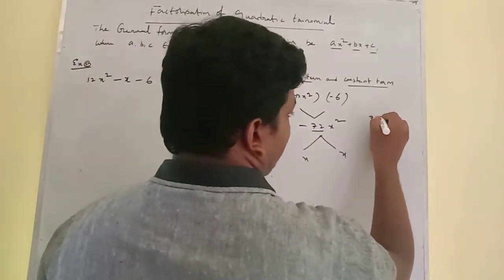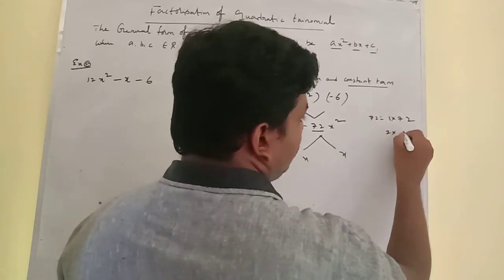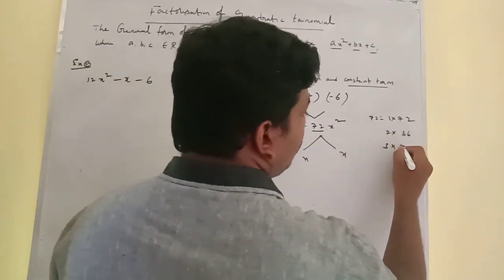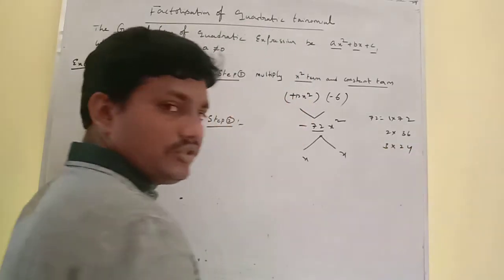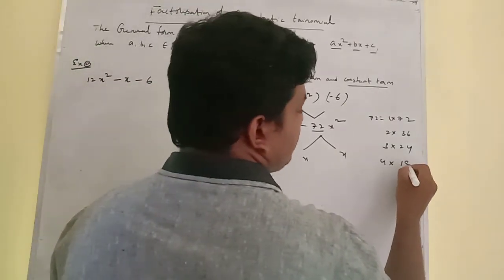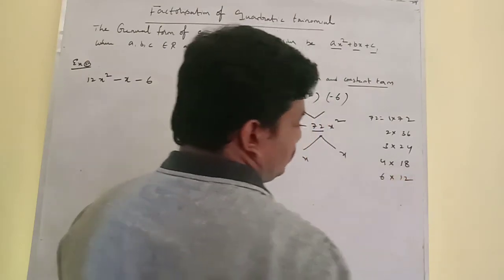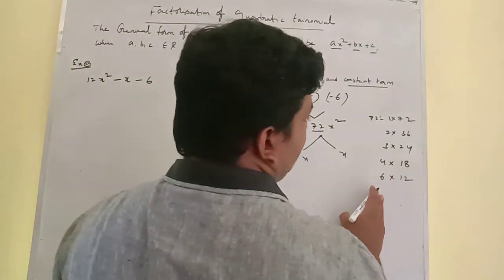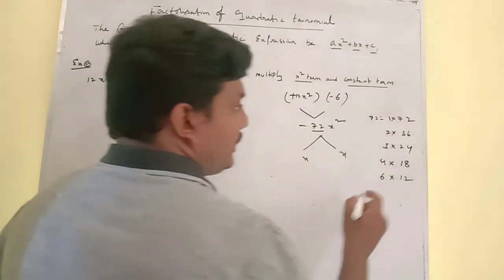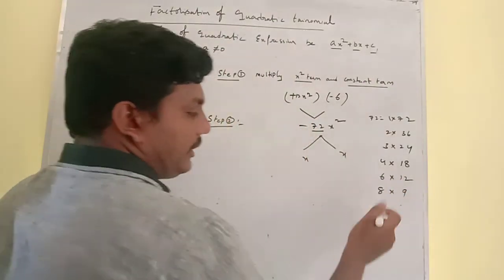What are the factors of 72? You can see 1 into 72 possible. So 2 into 36 is possible. Next 3 into 24, 3 twos are 6, 3 eights are 24, is possible. Next 4 table also possible, 4 18s, 4 18s possible. 5 table not possible. 6 table possible, 6 12s possible. 7 table not possible. 8 table you can see, 8 table possible, right? 8 9s it is possible. Then 9 8s. These are the pairs we have taken.